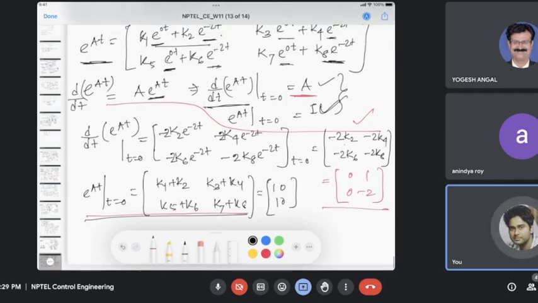k2 equal to 0. So I'll just write there k2 equal to 0, and this one equal to this, k4 equal to minus half, k6 equal to this one, 0, k8 equal to 1. And from this we just use this element in this matrix and solve for other unknown parameters, like k1, k3, k5 and k7. So then k1 plus k2 equal to 1, but k2 equal to 0, so k1 equal